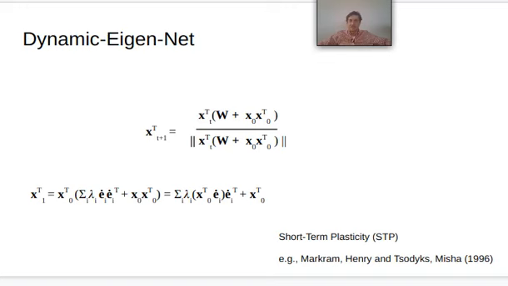Dynamic eigennets incorporate short-term plasticity by temporarily summing the outer product of an input into the weight matrix prior to retrieval, whereas the weights combining the eigenvectors or their eigenvalues remain static in the linear associative net and the BSB. Short-term plasticity weights each eigenvector in proportion to its similarity with the initial probe.